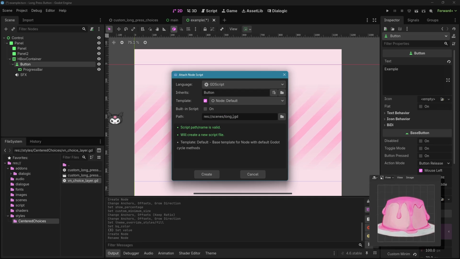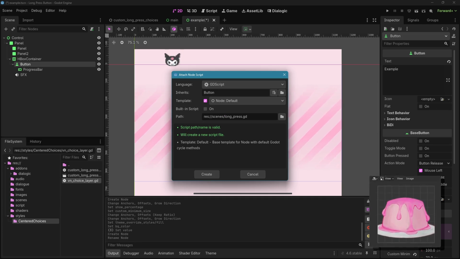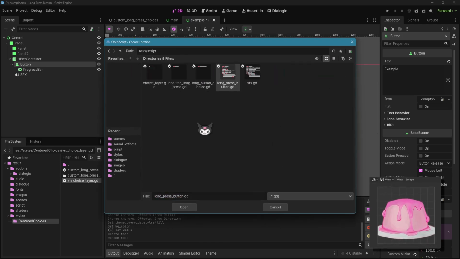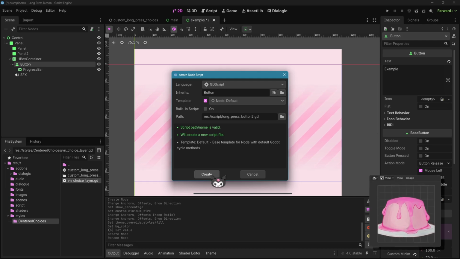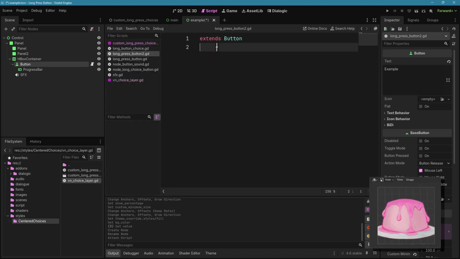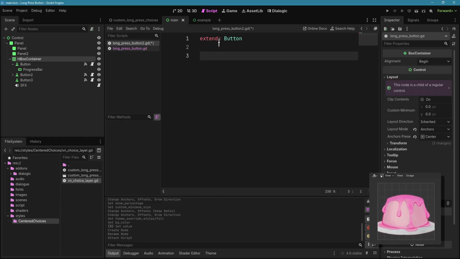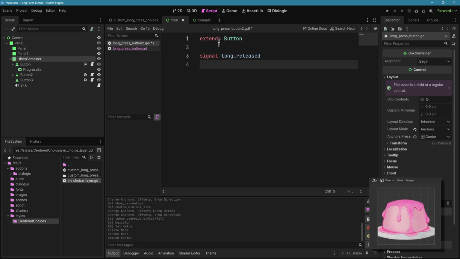So now I make a new script for the button to show you how I went about doing it, my way-ish. So the variables we're going to need will be a signal for once you release the button,